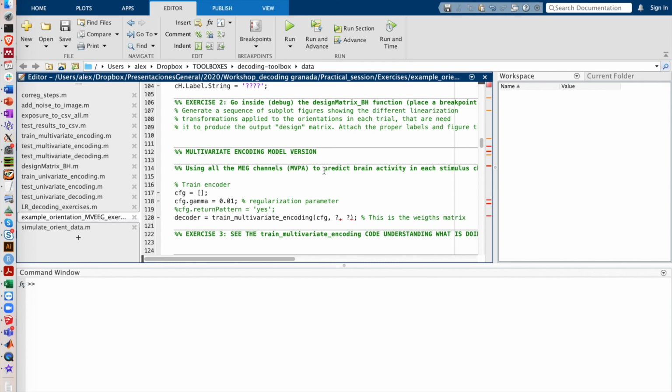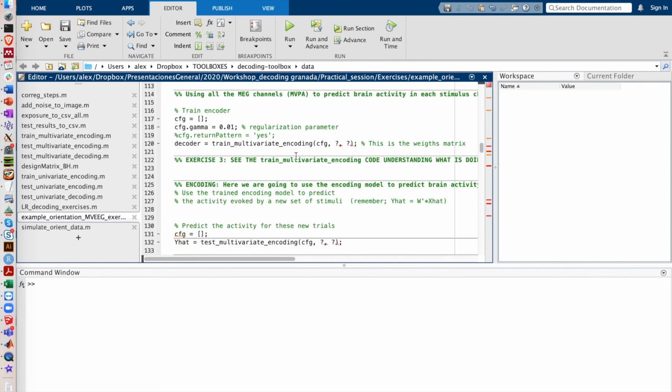I believe that the remaining code is easy to follow, just reading the different instructions that I have attached, and the functions are self-explanatory, and also I think that you can follow them very easily if you go inside and try to debug how they work. In general, I think that this is the end of this part of the course. Hopefully this has been useful for you, and I wait to see you in the practical session where we could talk online and solve any doubt that you can have.